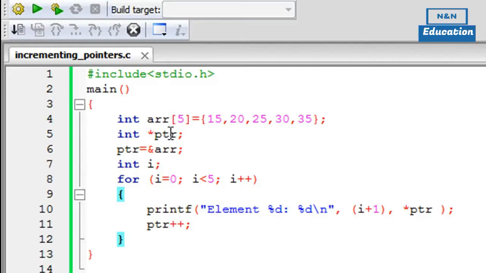When you do this, the pointer by default points to the first element contained in the array, and you do not have to specify the index of the first element within square brackets after the array name. If you want a pointer to point to the first element, you just specify the array name, and of course put the address of operator before the array name.